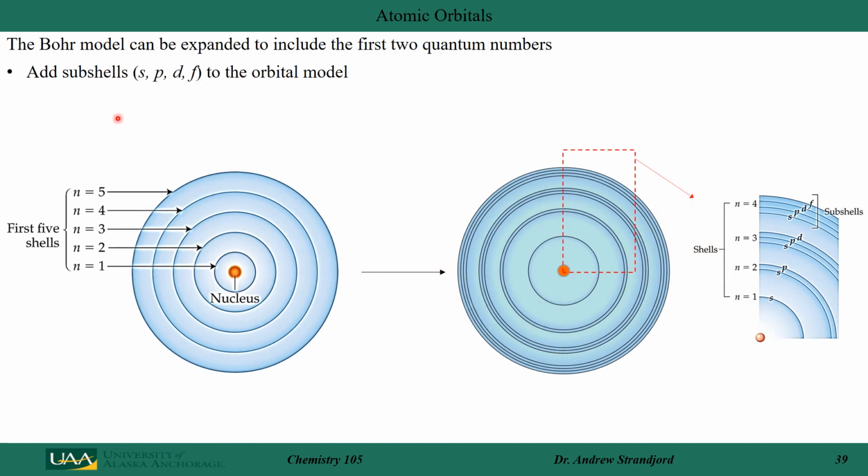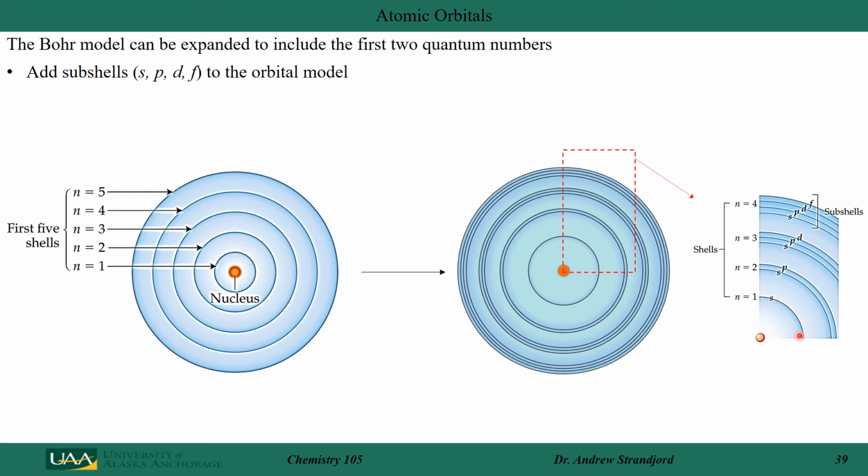We can actually expand the Bohr model of the atom to include the second quantum number. So here I look at the first 5 shells as defined by the Bohr model. To expand that to include the second quantum number, or the angular quantum number, I just expand that to include more subshells. So if I take a closer look at that,